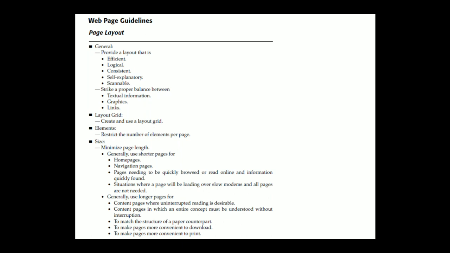And always see to it that the page layouts are self-explanatory. Each page should be self-explanatory, giving a clear indication of what website it belongs to and where it fits within the structure of the website's information space. Present the proper information and arrange it so the user always knows where they are. Remember, most pages can be accessed from outside the site.